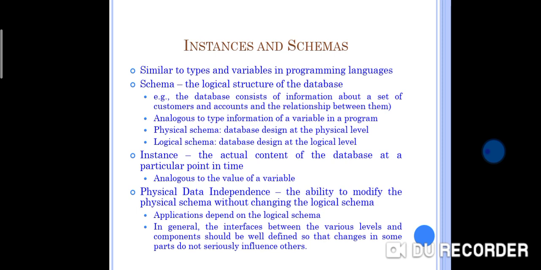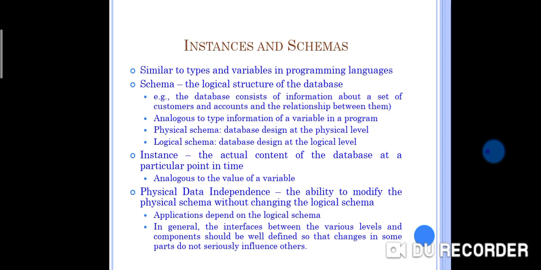Then database instances. The instance means the data stored in a database at a particular moment of time is called an instance of the database. The database schema defines the variable declarations in the tables that belong to a particular database. The values of these variables at a moment of time are called the instance of the database.